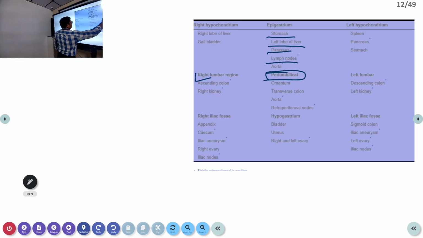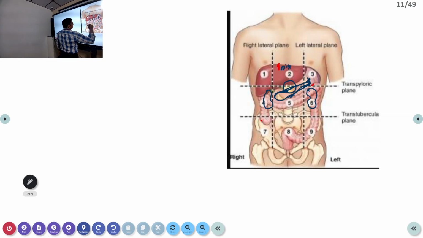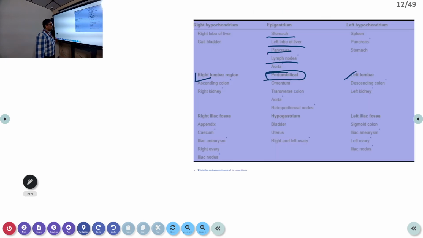The left also same thing, descending colon as well as the, you can see this. So you can see this is the ascending colon and this is the descending colon. This is the splenic flexure, this is the hepatic flexure. So any pathology there will also be seen near the spleen as well as the liver. The other pathologies, the descending colon as well as ascending colon, will present in the lumbar area or in the iliac area. So in the right iliac fossa, this is very important. Right iliac fossa masses are very important for you.